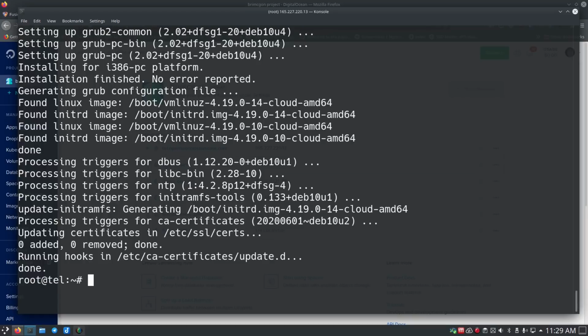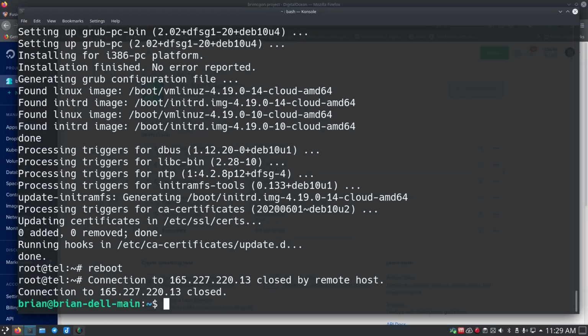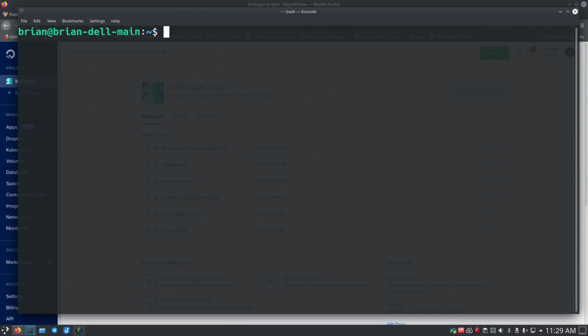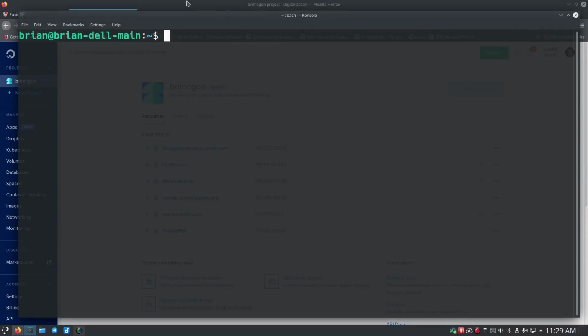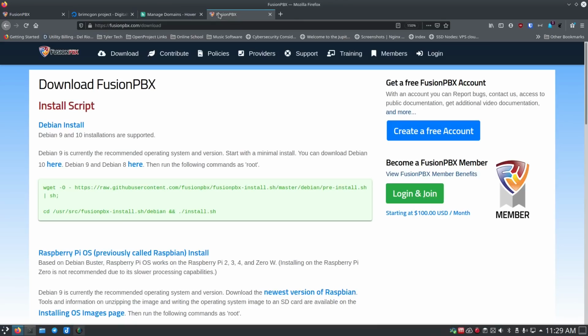Alright, once everything finishes, you can just type in reboot. That'll knock you off the connection and it will reboot your VPS real quick, and that takes about 20 seconds. It does not take long on DigitalOcean. It's extremely fast, actually. And while we're waiting on that to reboot, we'll jump over here to the downloads page,